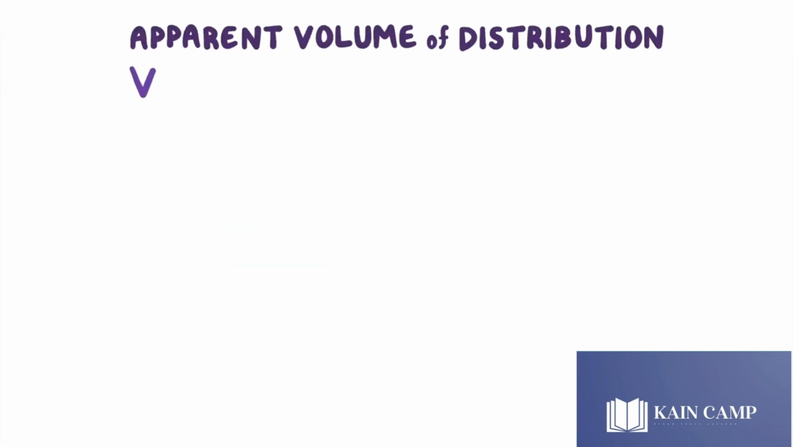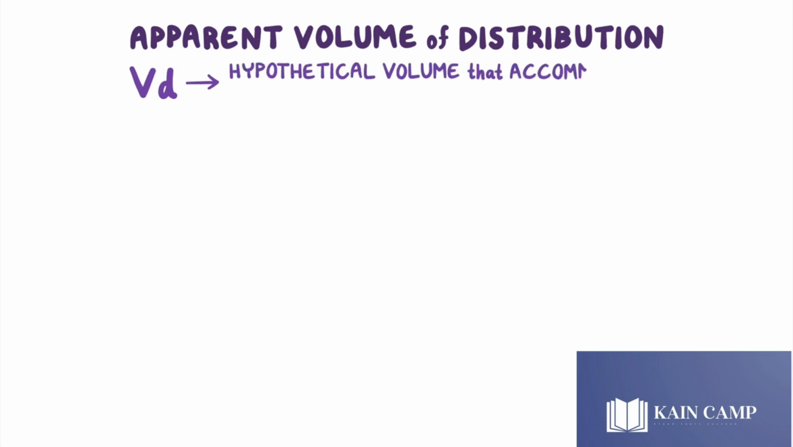Now we have to talk about the apparent volume of distribution, that is the VD. VD is the hypothetical volume that accommodates all of the medication in the body. Let's move toward an example. For example,